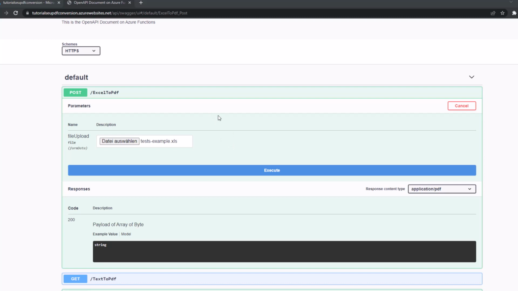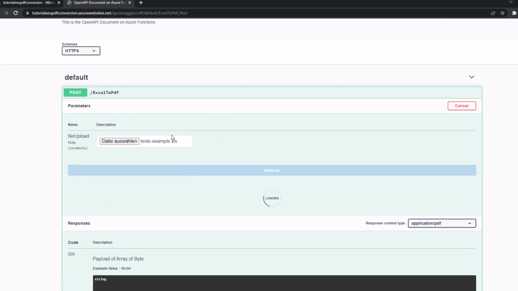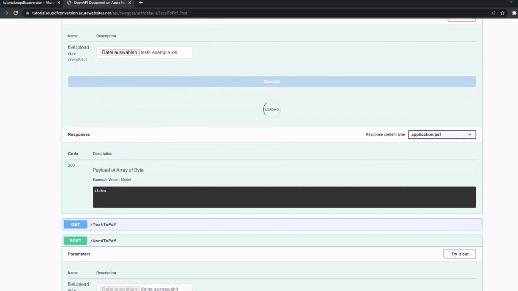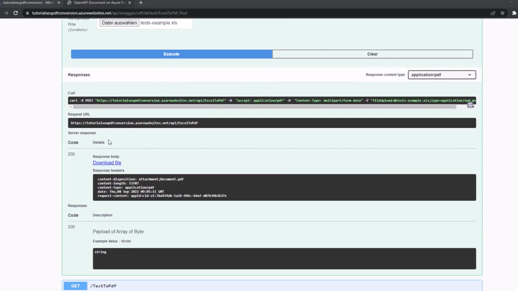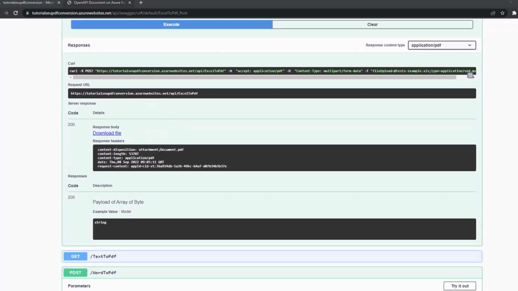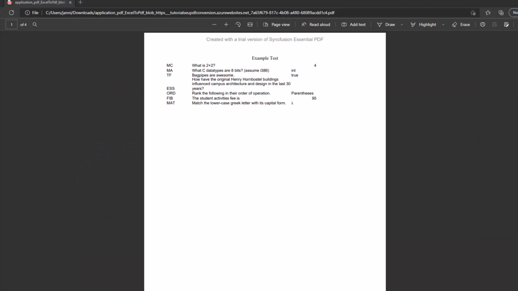Let's download it and open it up. So click on execute. It may take a while, and that for sure depends on a lot of factors. So there we go, let's download and take a look. This is basically what we got from that. Here we have a couple of rows and a couple of columns, and we have text alignment right and text alignment left, and everything,